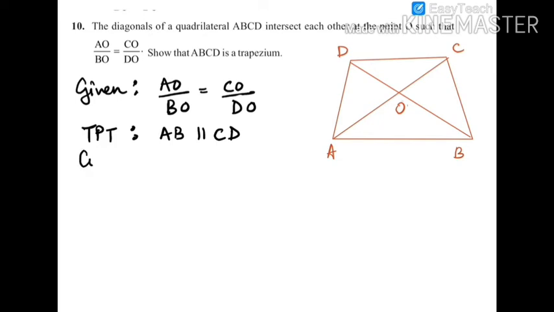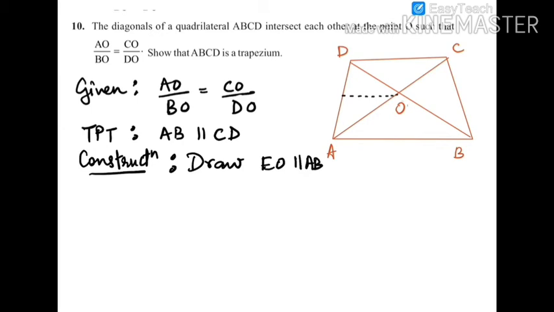Again, we will have to follow the steps of the previous question, but in backward direction. In order to use basic proportionality theorem, we need to have a triangle and a line cutting two of its sides. We have many triangles in this figure, but we don't have a line that cuts two of its sides. So we are going to use construction, which is draw a line EO parallel to AB. So EO is parallel to AB.